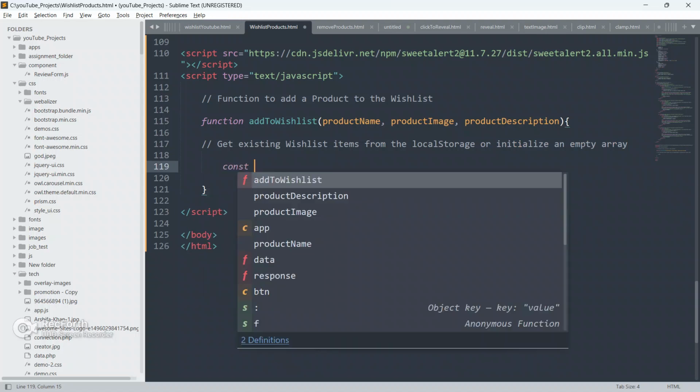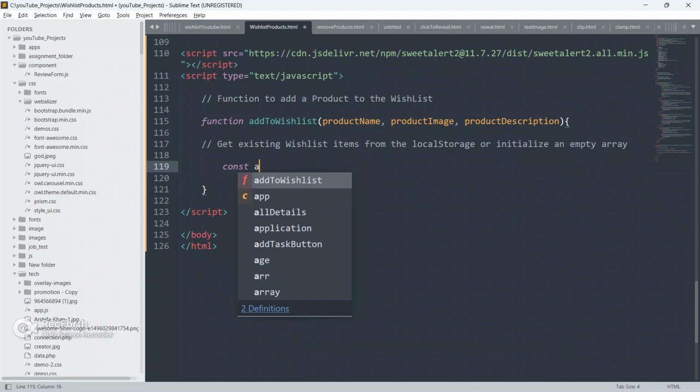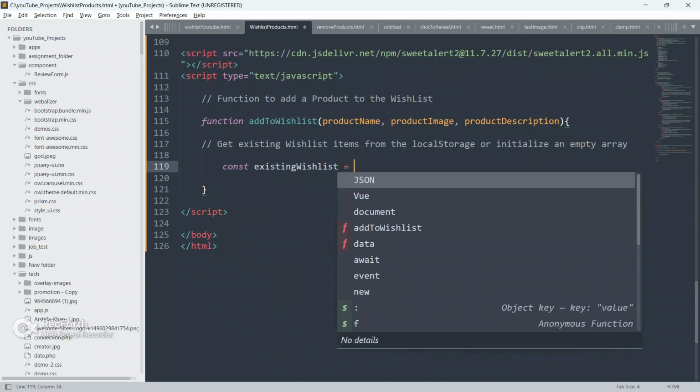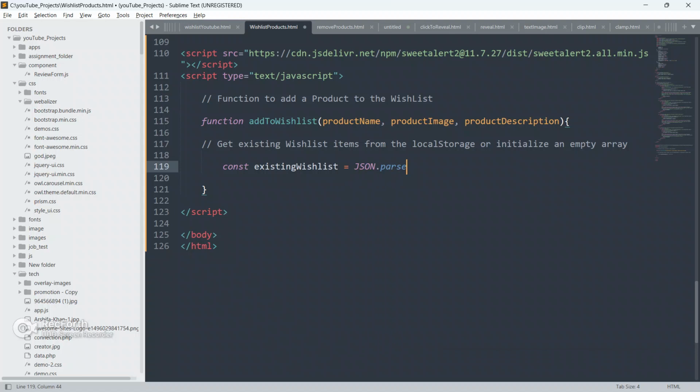Now go here and create a const, existingWishList, equal to JSON.parse.